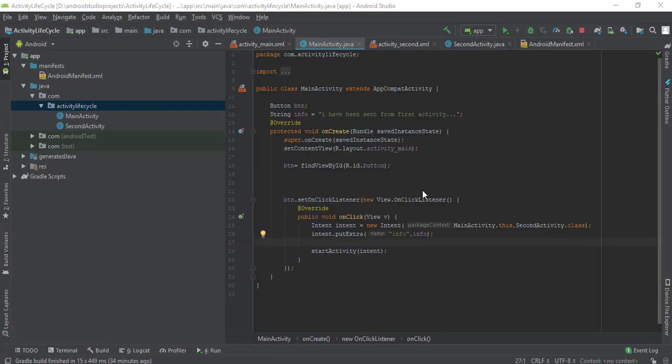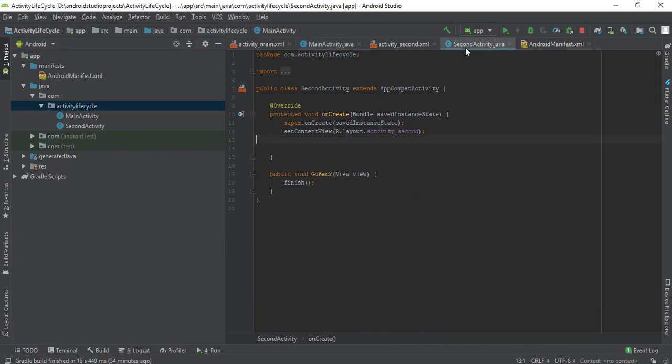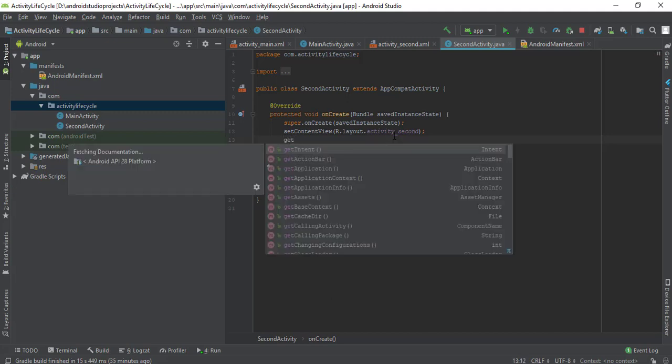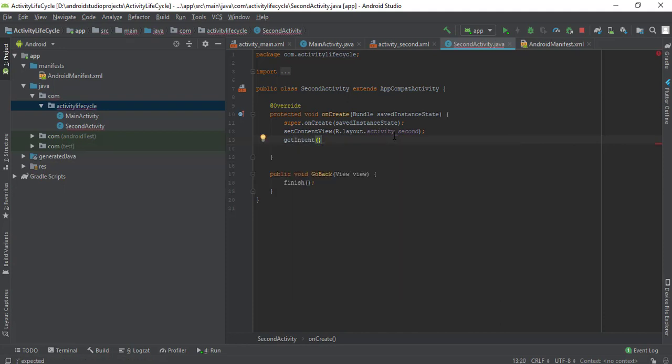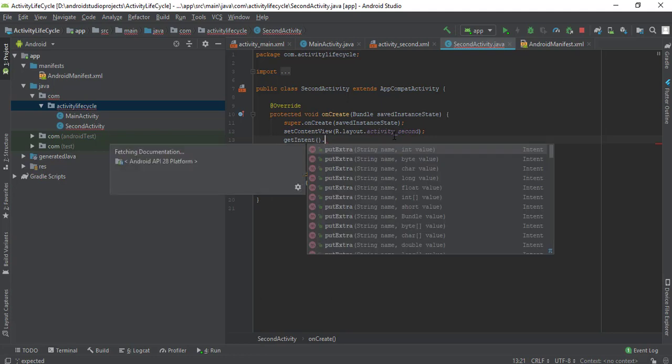Now we have passed the data. Now we need to fetch the data we have passed in the previous activity. So how can we do that? We can get that intent by a function called getIntent, and we can have all of the information that we have added to that particular intent. So let's say I want to get the string extra that I've added in the main activity. So I can get that by getExtra,